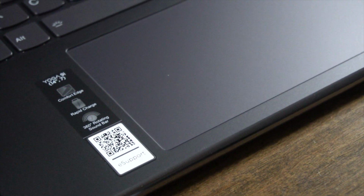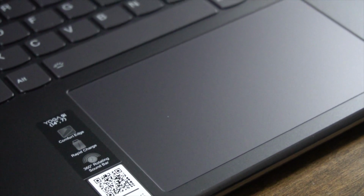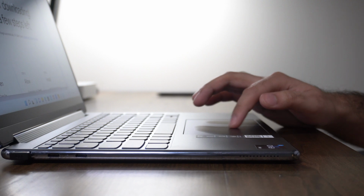You can make an ice rink out of this thing, seriously. You have all the surface real estate in the world. It has a glass surface finish, and the clicks are really tactile and well calibrated. Generally speaking, this is a pretty high quality trackpad. Now, if you've watched my videos on Lenovo laptops in the past, you know how much I appreciate